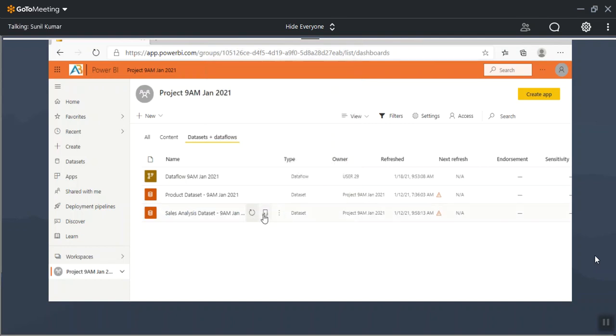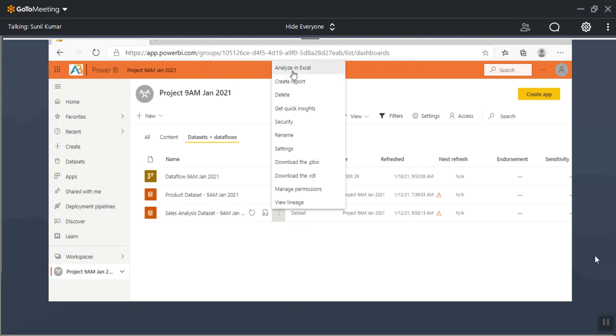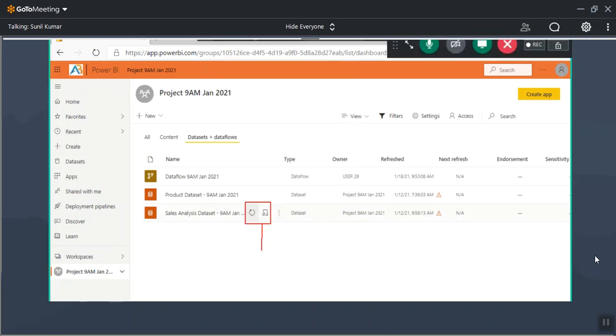The first ones are refresh and schedule refresh. About these two options, I already discussed, guys.